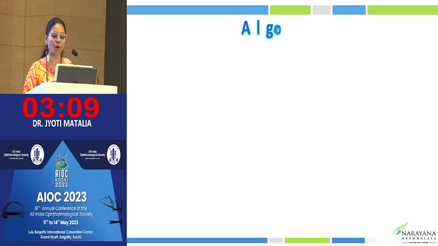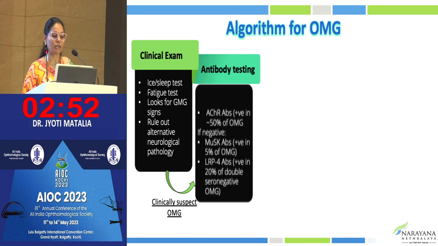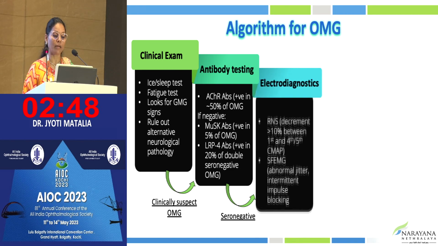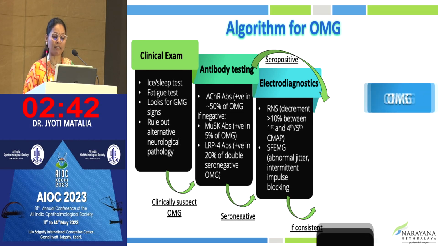So finally, an important algorithm for ocular myasthenia gravis. A clinical examination is very important, followed by the ice and sleep test, look for the fatigue test, look for any signs of generalized disease, and rule out alternative neurological pathology. Once you're able to clinically suspect it, you can do the antibody testing as mentioned. If it's seronegative, you can do electrodiagnostics as mentioned here, and if consistent, or if seropositivity is noted, you are